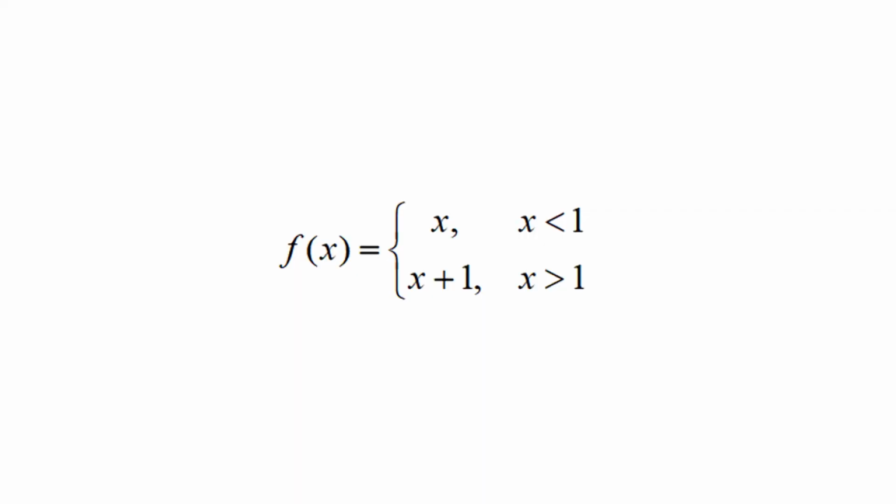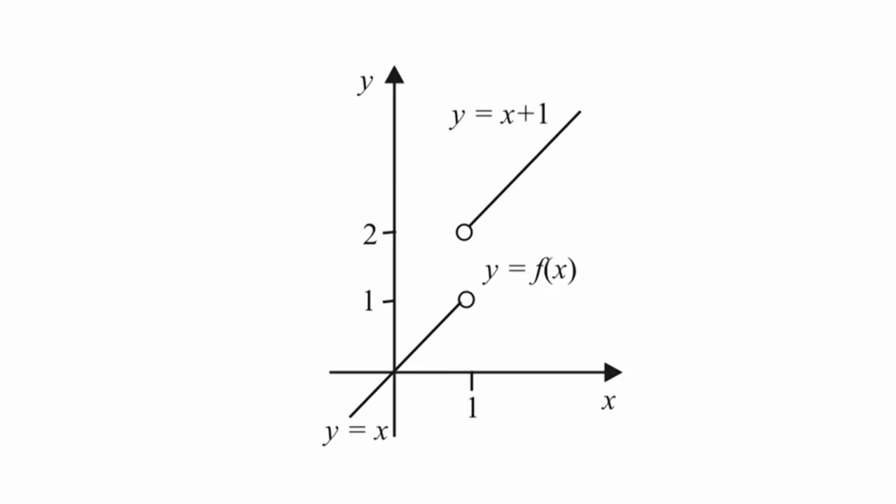We illustrate this by showing that the limit of f(x) as x approaches 1 is not equal to 2 for the function f(x) equal to x if x is less than 1, and x + 1 if x is greater than 1. The graph of the function is given in the figure. Intuitively, from the figure, the limit of f(x) as x approaches 1 is not equal to 2. We prove it also using the delta epsilon game, which uses the epsilon delta definition.